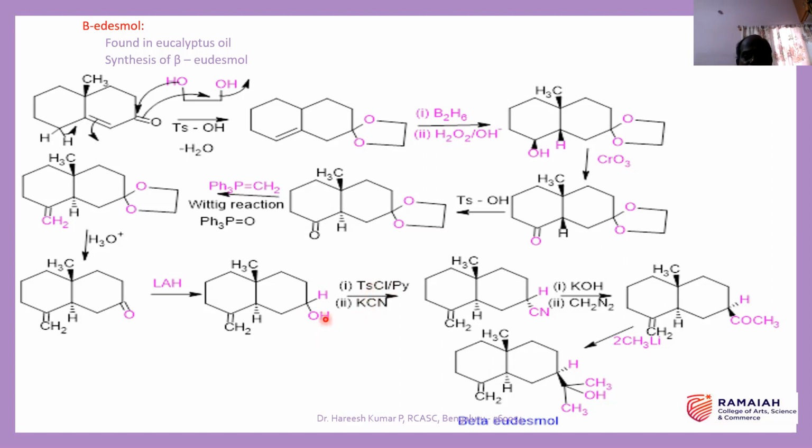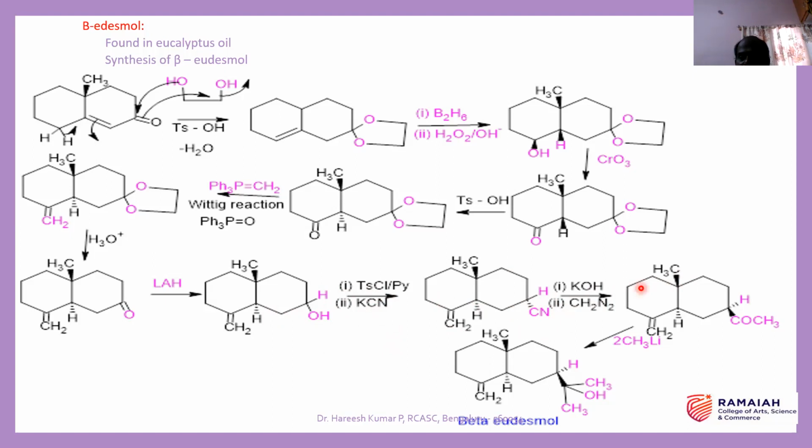Then what will happen? There will be a new bond formation between the oxygen and the sulfur of the tosyl group, and that is called tosylate. Now the tosylate is a better leaving group. So when the nucleophile SCN minus attacks, that is how SCN is obtained at this carbon atom. It is a nucleophilic substitution reaction.